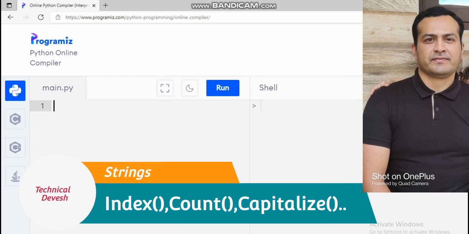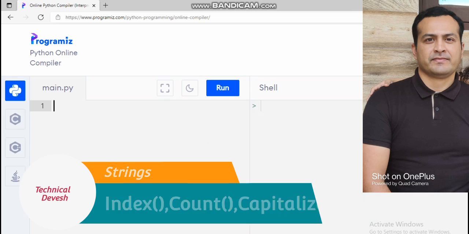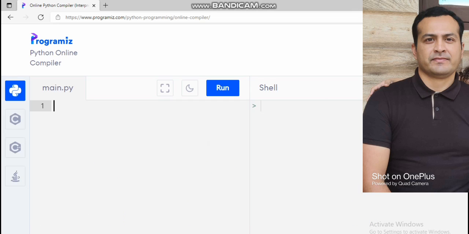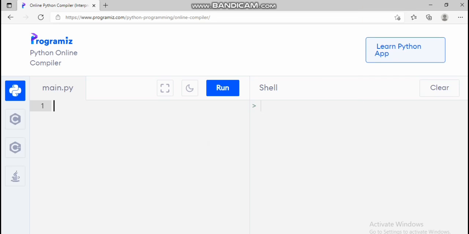I want to tell you that there are various programs for doing coding in Python. Anaconda is there, PyCharm is there, Jupyter Notebook, VS Code with a Kite plugin, Python IDLE is there, Spyder is there. So we can do the Python coding in all these programs. Okay. Now let us work with the strings.